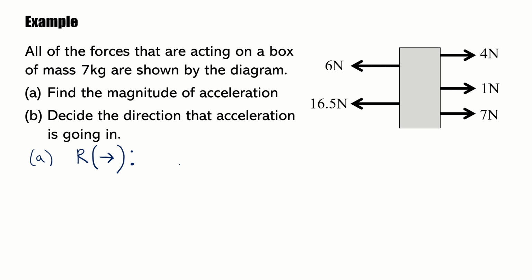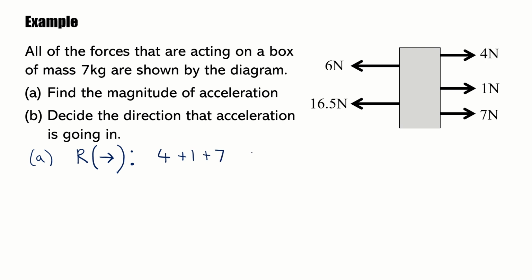So now we can get on with F equals ma. The first thing we're going to do is look at the F part of F equals ma, but reminding ourselves that the F is not just a single force, it's the combination of all the forces. So any forces that are going in our positive direction, such as the 4 which is going to the right, the 1 which is also going to the right, and the 7 which is also going to the right, will